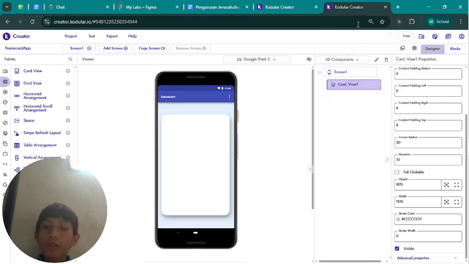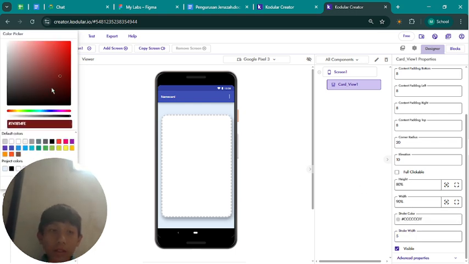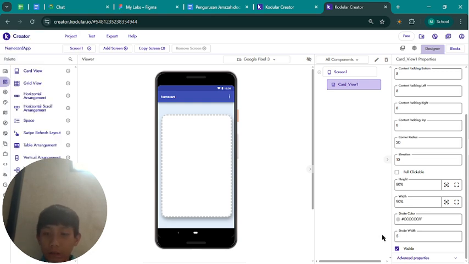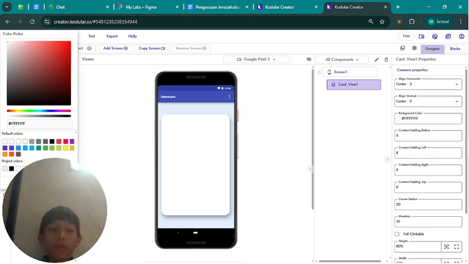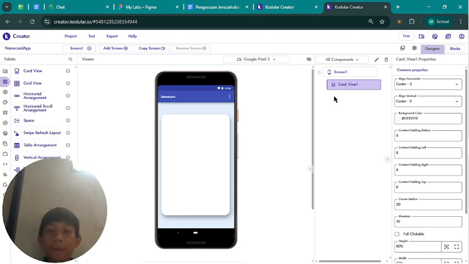In here, you can also change the color, and you can also give a stroke. Example like this, but it's up to you whether you want to use it or not, and whether you want to change the color or not.